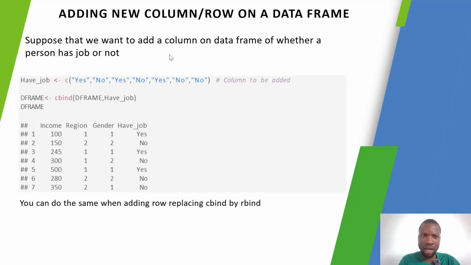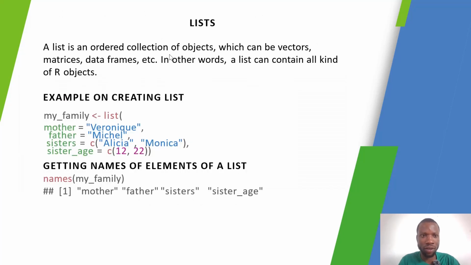And as we have seen the data frame, now it is time to look at the list. What is the list? We are going to see the difference between a list and a data frame. A list is an ordered collection of objects, which can be vectors, matrices, data frames, and so on. In other words, a list can contain all kinds of the other objects that we have seen. As we have seen, the vector is one-dimensional with the same data type. The matrix is two-dimensional with the same data type. And the data frame is